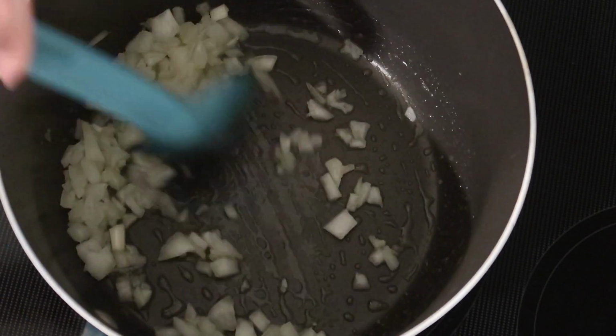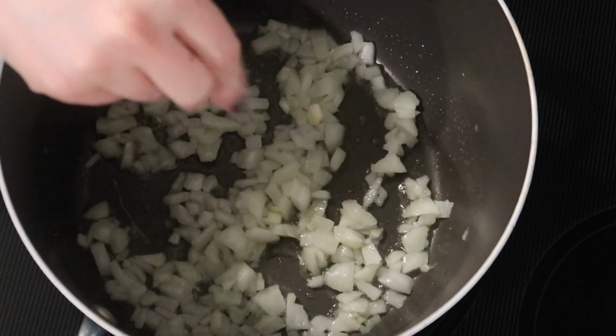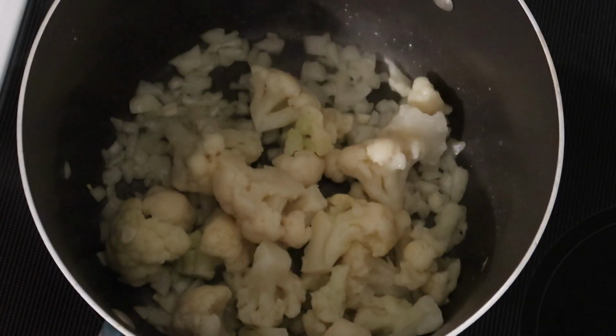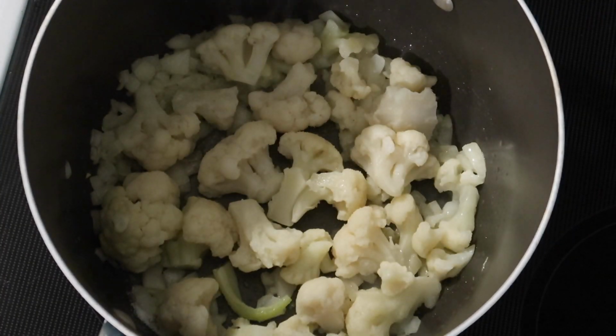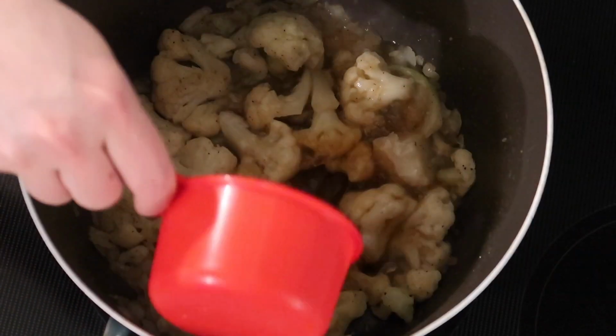I'm just going to cook that for a few minutes until it starts to get soft. Did sprinkle it with a little bit of sea salt, adding a 12-ounce bag of thawed cauliflower, also adding some salt on top of it, which brings us to about a fourth to a half a teaspoon of salt total. I'm just going to let it cook for a few minutes until it is softened,